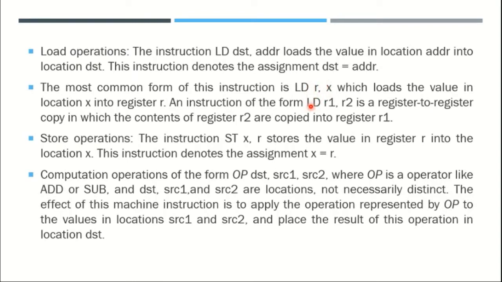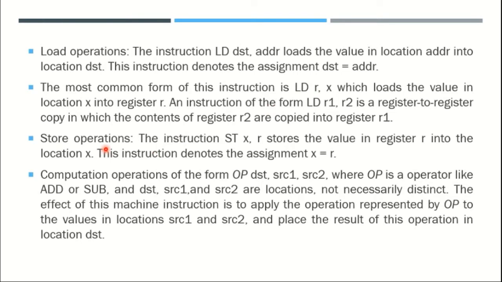Compared to these two, the second instruction is better, because it can be executed within a short time. Why? Because both values are available in the registers. There is no need to fetch the values from memory to the register. But in the first one, we first fetch the value related to x, assign it to some register, and then store that register value to the register r.